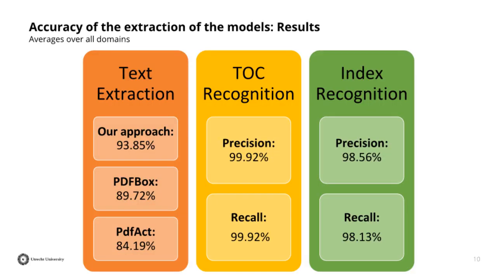Results from this first evaluation show that our approach has high accuracy. For the text extraction aspect, we also compared our approach against two other tools as baselines. Our approach achieved the highest similarity, followed by PDFBox and then PDFAct. We don't reach 100% similarity mostly because of formulae, charts, and tables that are images in the EPUB but text